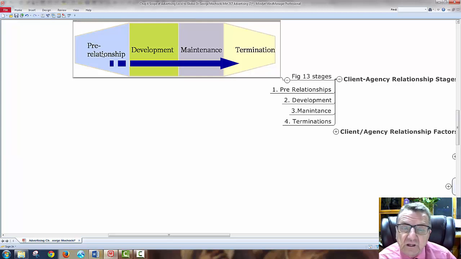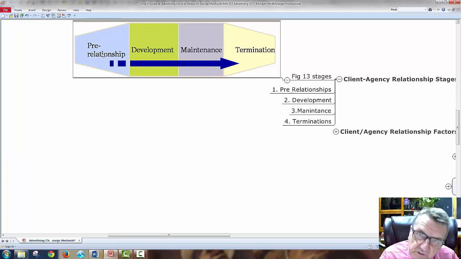One thing people forget is the maintenance. Once I'm in there and I've developed them, I still have to maintain them. I have to come in there and say, hey, is this something else? Hey, look what we're doing. Hey, I've got an idea for you. I have to keep in contact. It's almost like a marriage. I meet them. Hey, we're real shy. We're developing a relationship. We know our ins and outs.